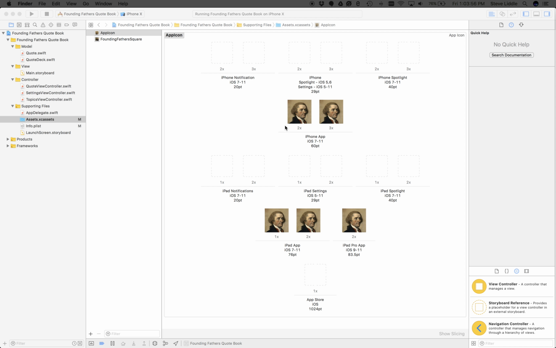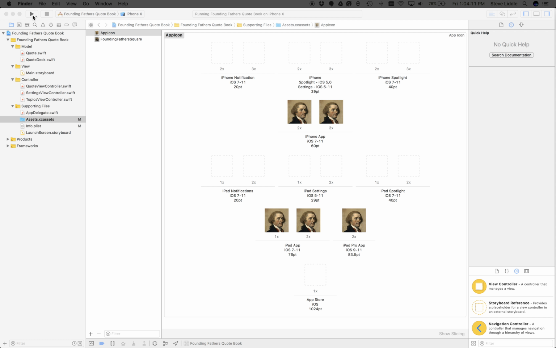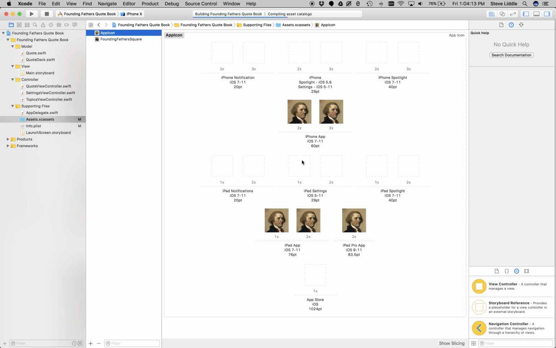Now I could go further and say, well, there are a bunch of other spots where I can provide app icons. iOS will scale one of these things automatically for me, and so I don't really need to worry too much about that. But now let's install this on the phone or on the simulator and see if it's what